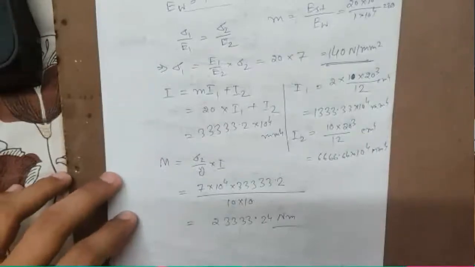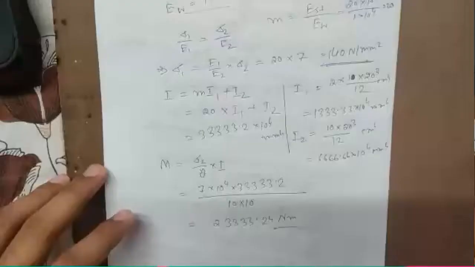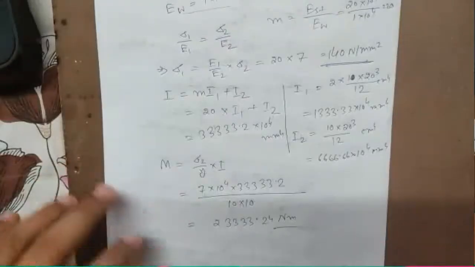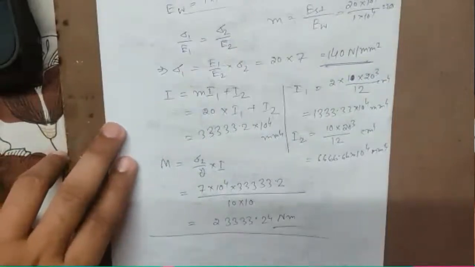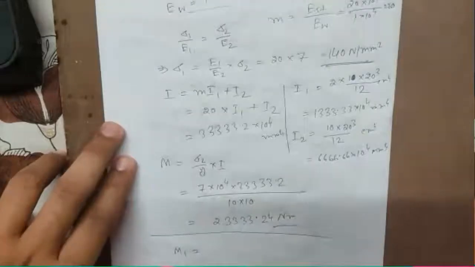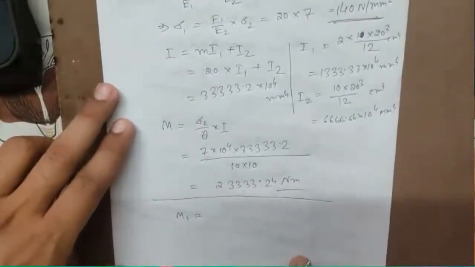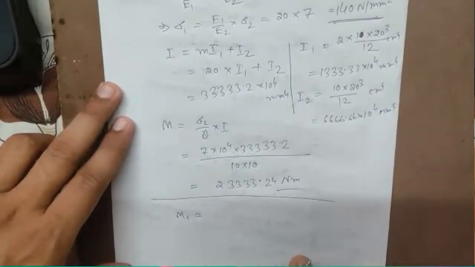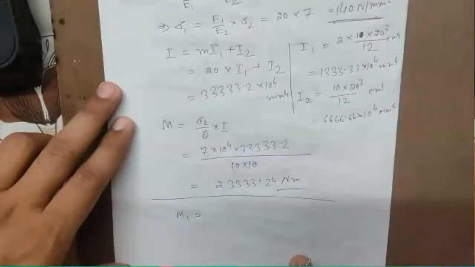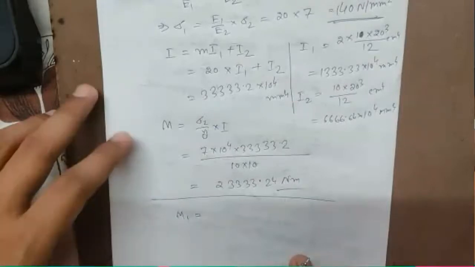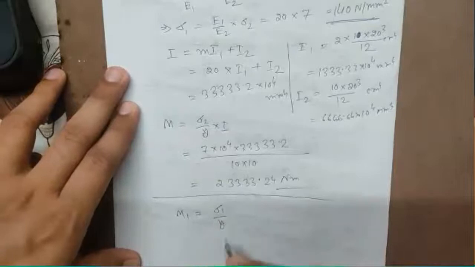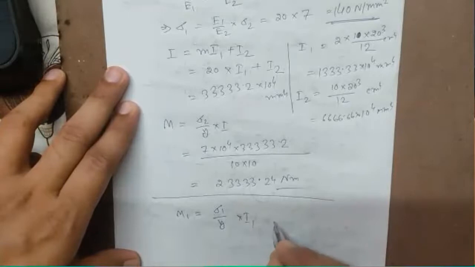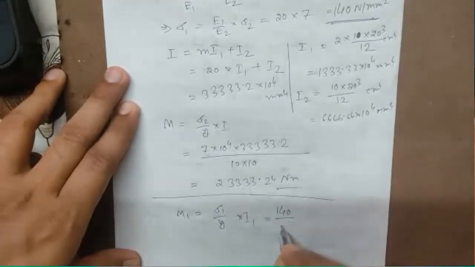method. Okay, this is one method. Now there are other methods too, like we can find out M1 and M2 separately, then add them. If we want to find out the resistance offered by the steel plates, then what we can do, we have our formula sigma 1 by y into I1. Sigma 1 is, we can get 140, we have found out, by y is